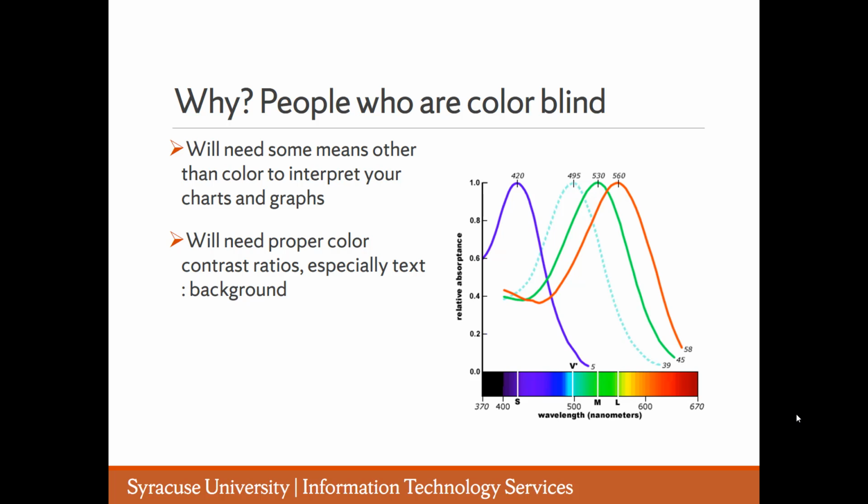The important thing to remember about accessibility when it comes to color blindness is that you should never use color alone as a means for communicating information in charts, graphs, images, links, or any other meaningful element in your document. This doesn't mean that you can't use color, you just need to make sure that color isn't the only means of communicating information, and we'll talk about strategies for addressing this.